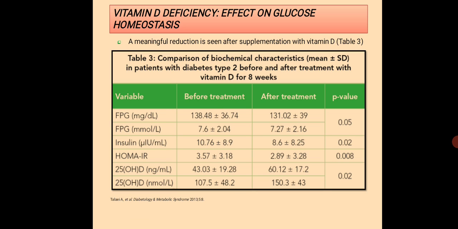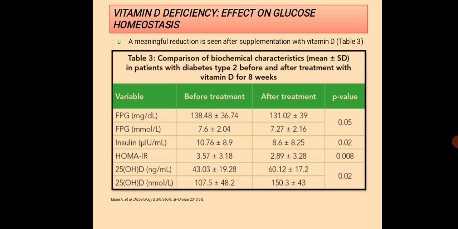So, vitamin D deficiency effect on glucose homeostasis. A meaningful reduction is seen after supplementation with vitamin D. Table 3 is the final one: comparison of biochemical characteristics, mean plus standard deviation, in patients with diabetes type 2 before and after treatment with vitamin